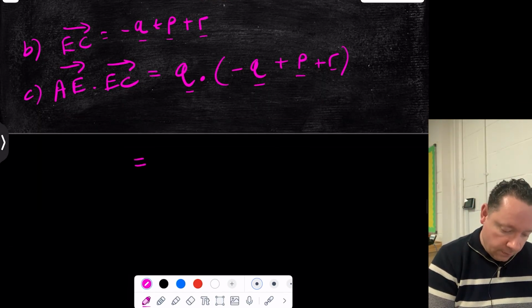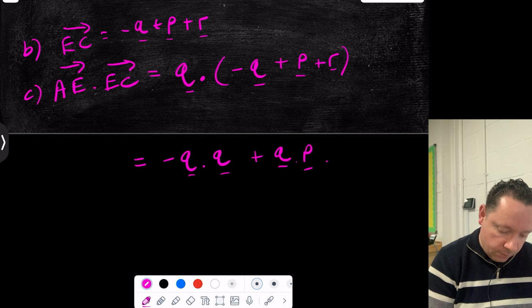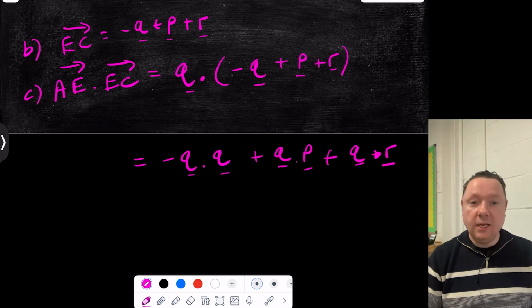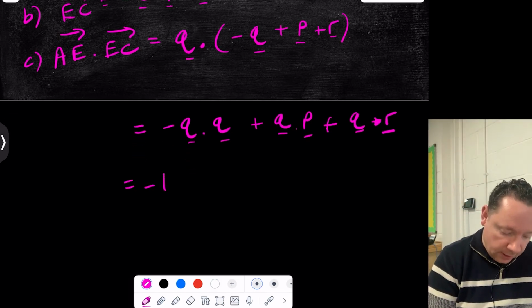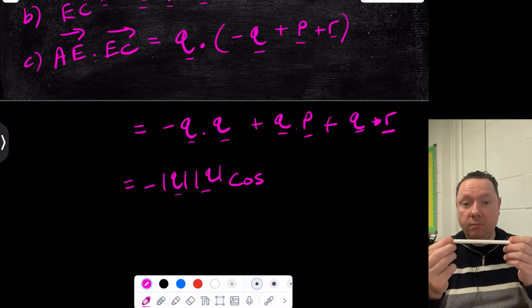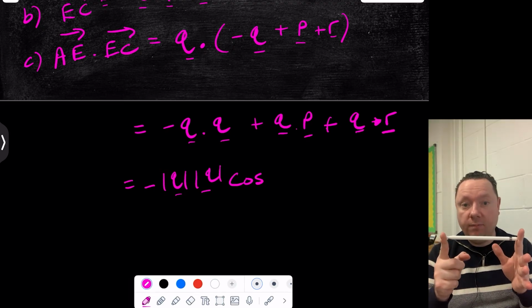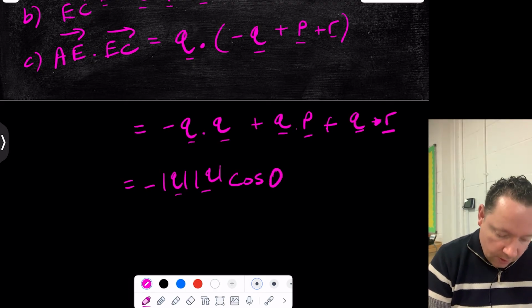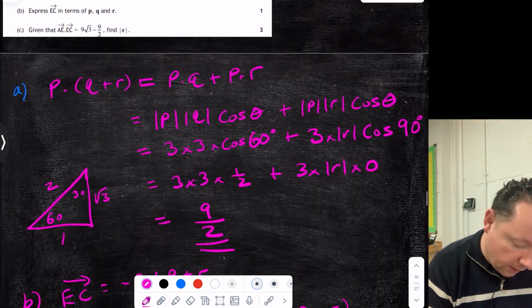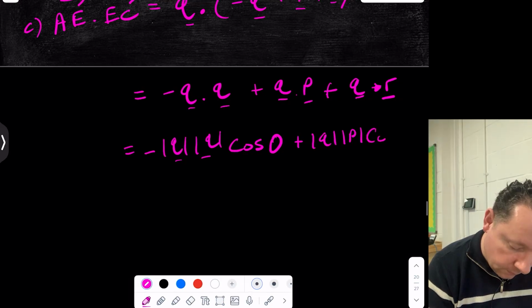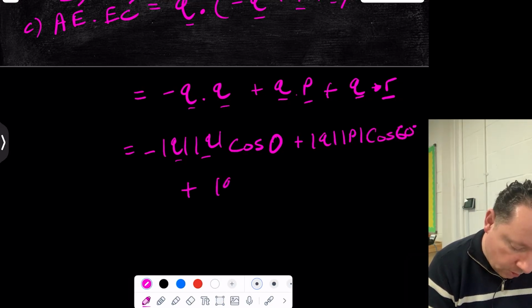So that equals minus Q dot Q plus Q dot P plus Q dot R. So then using our formula, Q dot Q is the size of Q times the size of Q times the cos of the angle in between, that gives us minus size Q cos, well the angle in between is a vector which is the same, well, imagine my pen's a vector, there's no angle, so 0, cos 0, plus the size of Q, size of P, and we actually already did that before, it's cos 60,